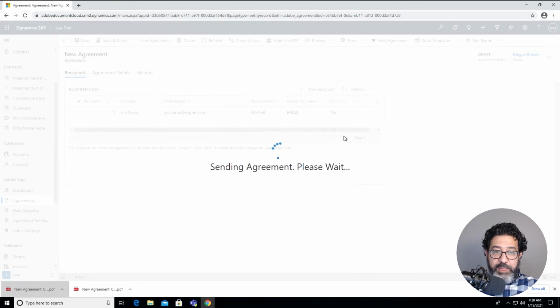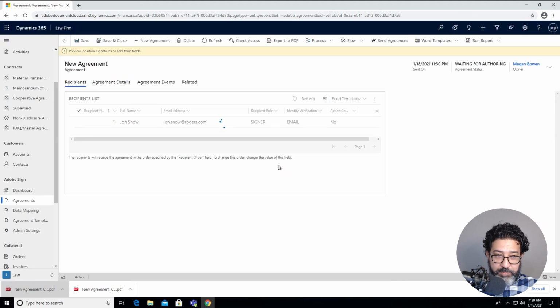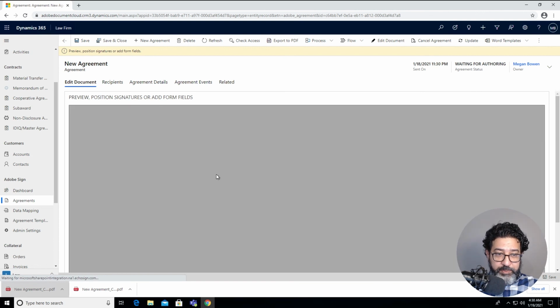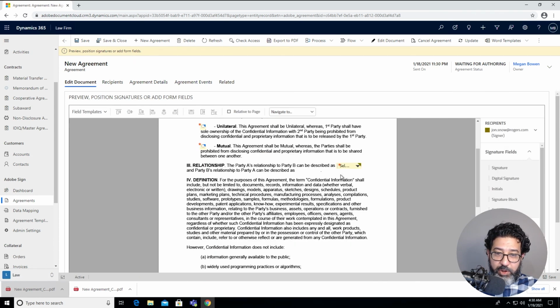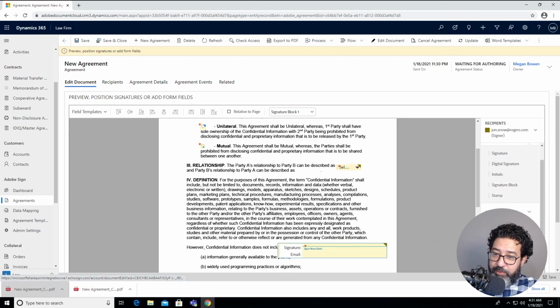And if I click send the agreement, the preview will start. And in the document, I can place anything as I want. I can drag a new signature, new email, different types of fields.